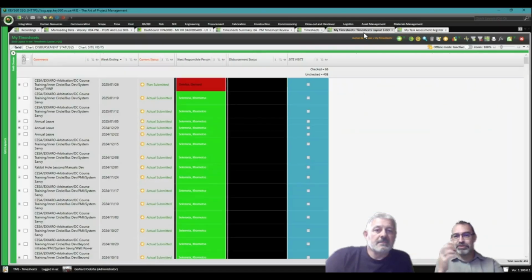Let's jump to the actual timesheets. This is my own timesheets here. You can see over the week. So each and every line item here would represent a week. So that's a different timesheet. And you can see where it goes red. That's because the timesheet is still with me and I'm still updating it. But the moment I submit that, it goes green. It goes to someone specific, as you can see, as the next responsible person here. So you can see the interaction between team members already just by looking at a register like this.